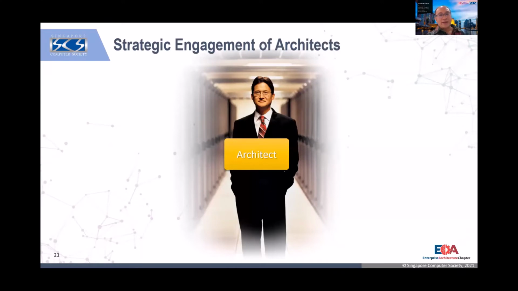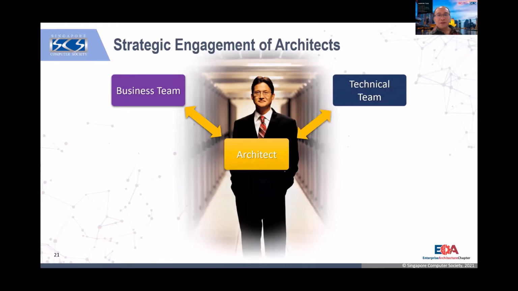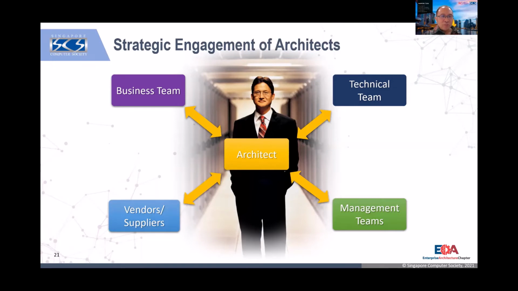So typically, an architect engagement is that you deal with multiple parties, right? Basically you deal with the business team. That's why we need to know the business terminology, business vision, business strategy. Then, of course, we also deal with the technical team because we also need to know about the IT strategy, IT vision, IT operations, development life cycle, right? We also need to know the management team in terms of their KPIs, their stakeholders, their drivers, their goals, their concerns. And we also need to manage the vendors and suppliers, especially the infrastructure architects, who typically need to work very closely with the vendors when we outsource our cloud infrastructure and security, etc.